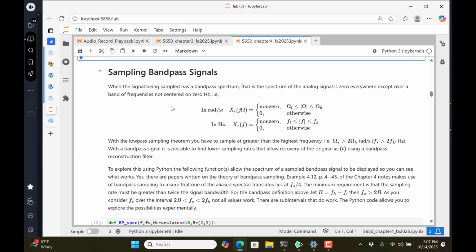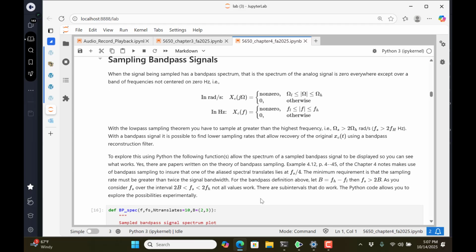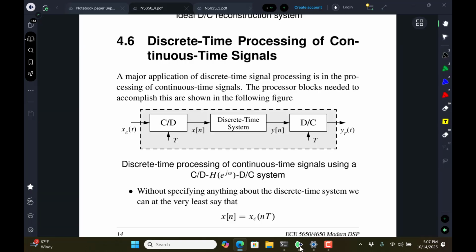Another query is, and I did not assign a problem like this time, but it will come up in another example, the idea of sampling bandpass signals. We looked at that in that example with the GUI slider stuff that I was doing, where we could see if we undersampled the bandpass signal, we could get by at less than the Nyquist rate. So I have some text in here just explaining what's going on with bandpass signals, but actually I'm just going to go back over to